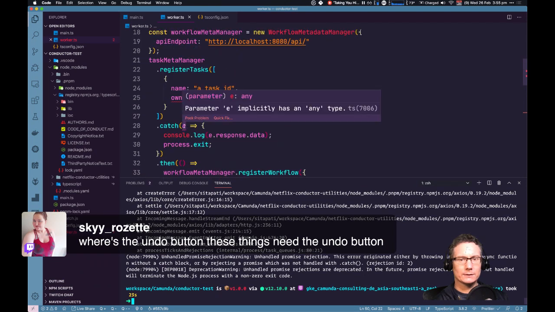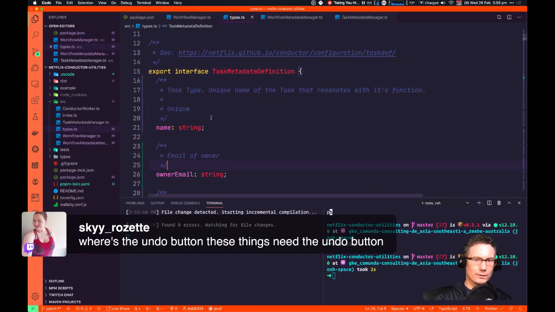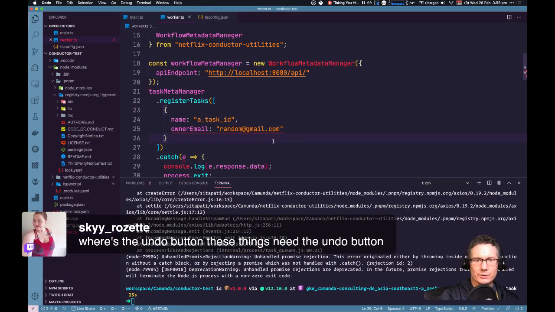Why doesn't it like that? Implicitly has any type. What do you mean the task meta manager? Task metadata definition. Yeah, you've got to regularly test your new user experience.